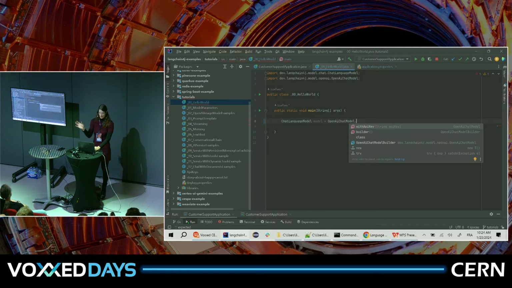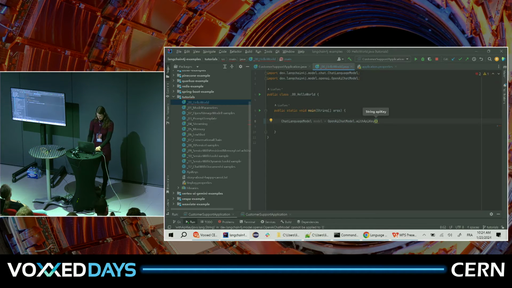You can use any type of model there, and if you want to support some model provider that we don't have an integration with yet, feel free to make a pull request and add it. The only thing we really need is our key, and I've stored this in this file. There's also a demo key available if you just want to try it out a bit. There's a little quota. You can put the string demo in there instead, and it will work.